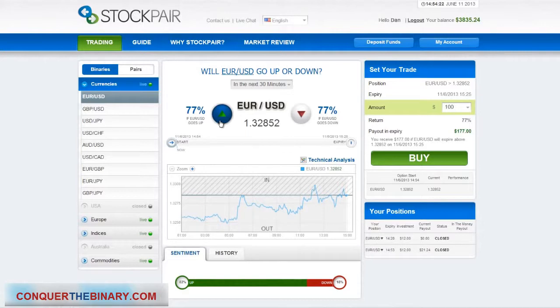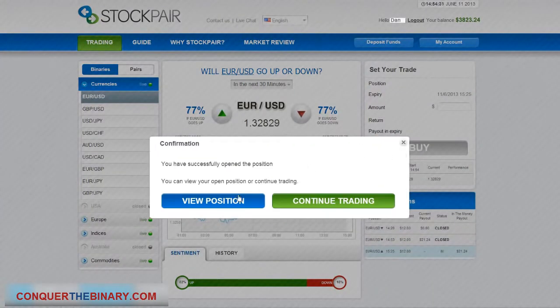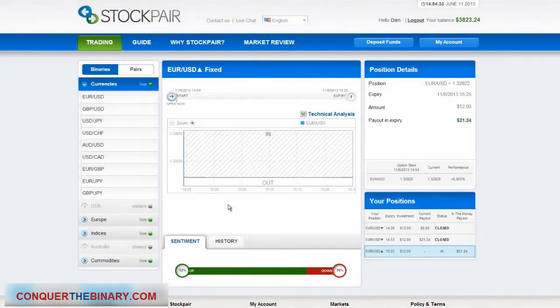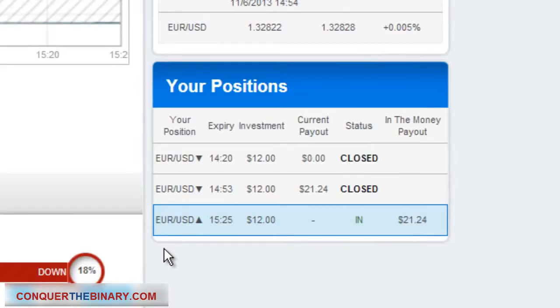We'll click Buy. We'll click View Position, and we're on. We're trading. Again, down here, we'll see all the information regarding the current trade. Now, if I win this trade, I'll simply go back to step 1 and 2 again and continue making these small $9.24 profits. And these are going to add up to a nice amount of money as long as I